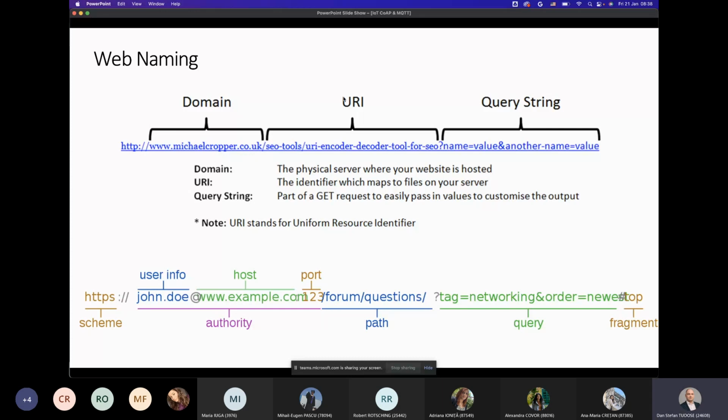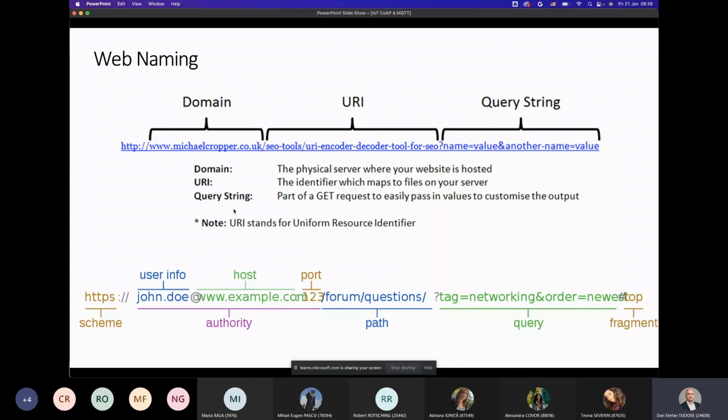It's an identifier, universal resource identifier, which maps to particular files that are contained in that server. So you can actually specify which files you would like to access, and then for those files you would also access a query string. So you could have this query string that would actually specify a part of a GET request for an HTTP message. So you easily pass in values to customize the output that you would require from this resource here.